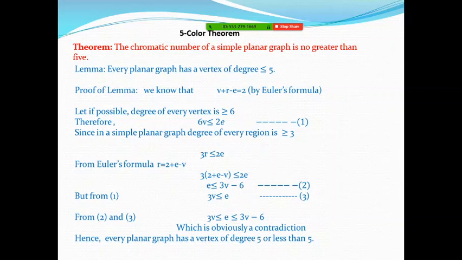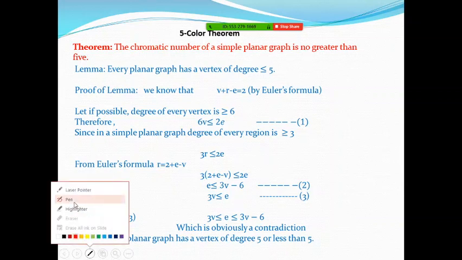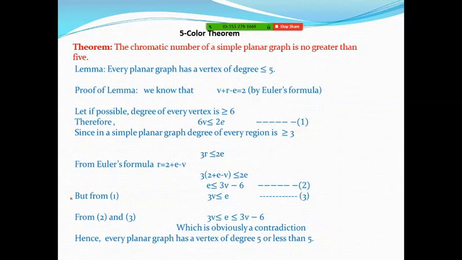One logic is from this statement itself, and the second logic is from the earlier proved results of the Euler formula. Now we are starting its proof. So one is, we know that by Euler's formula, V plus R minus E is always equal to 2. It is the main result, V plus R minus E equals 2.